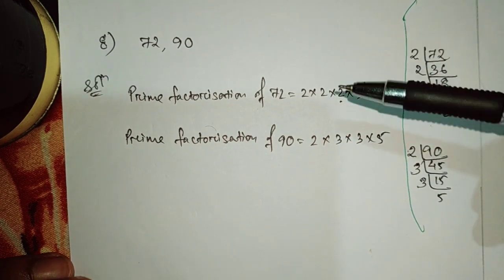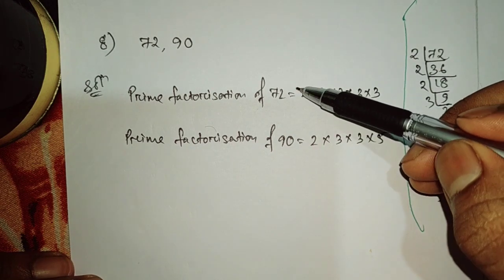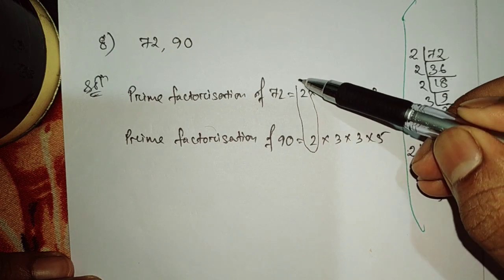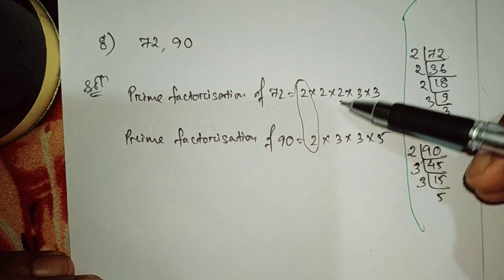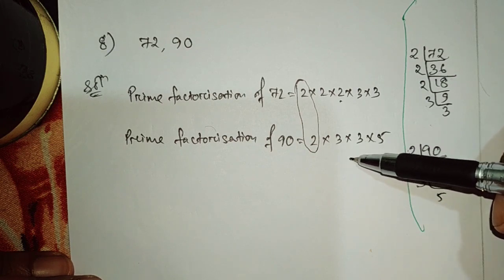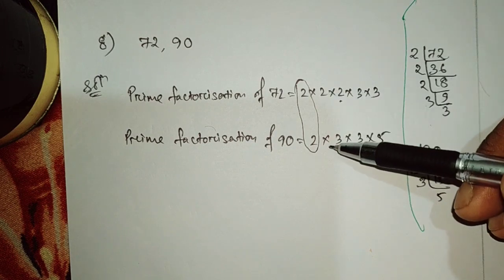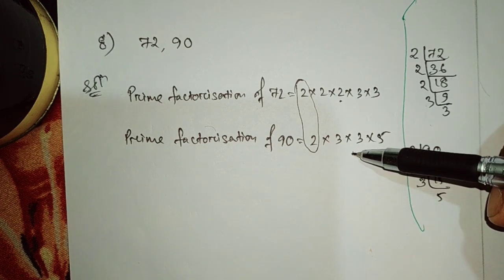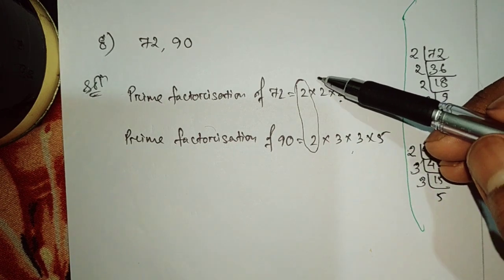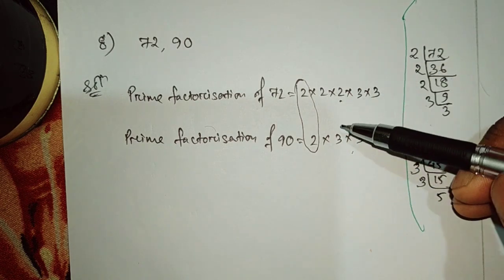Now see which numbers are common. See, these two and these two are common. We get one pair of common 2. Then none of the other 2s are present here, so we cannot take those 2s. They are not common. For these 2s we do not have another pair here. Understood? So we will not be able to take these 2s.